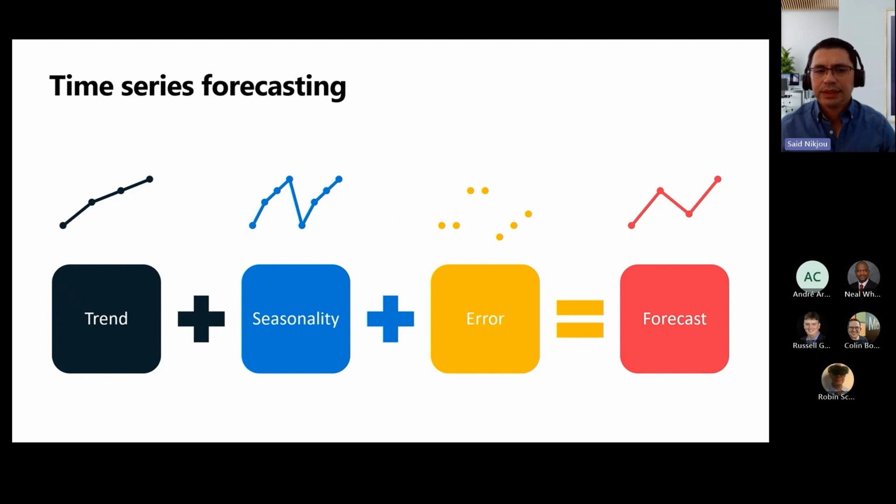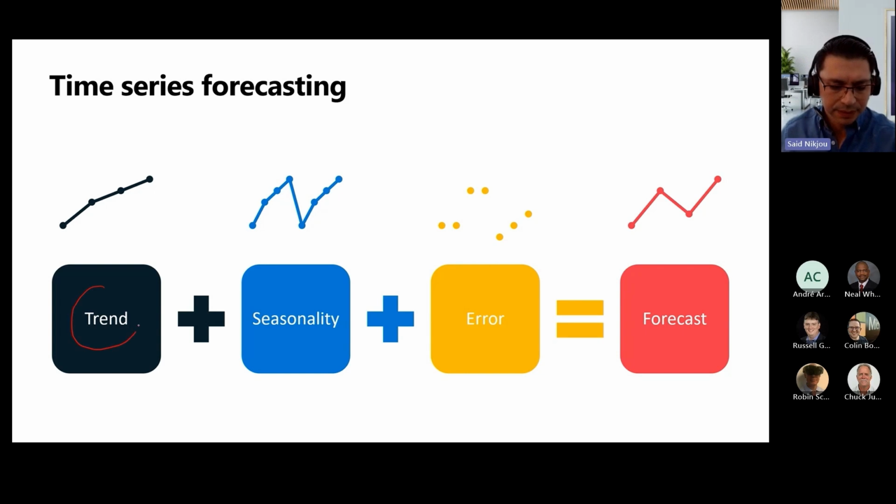The main strategy to generate a forecast in D365 is time series forecasting. Time series forecasting refers to models that use historical demand to predict future demand. We can break the general components of a time series forecast model into three buckets. First, we have